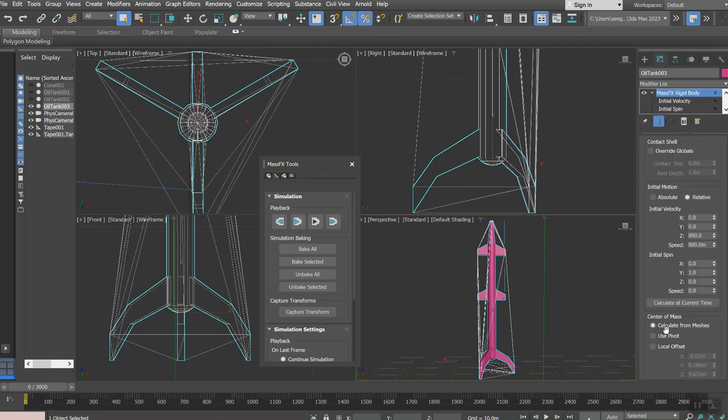at the very bottom of the group of commands, velocity is here. For the entire velocity I dedicated 800 meters to the z direction, and the x direction is 0, y direction is 0. Again, the radio button next to relative has been checked for initial motion. That means 9.81 meters per second squared will be subtracted from this number,